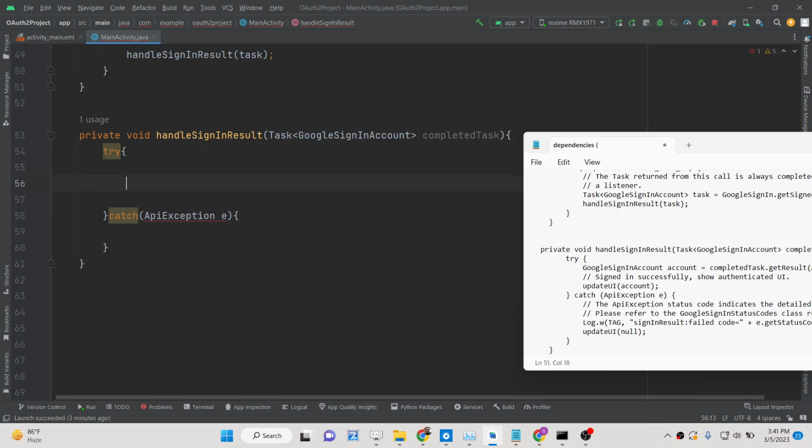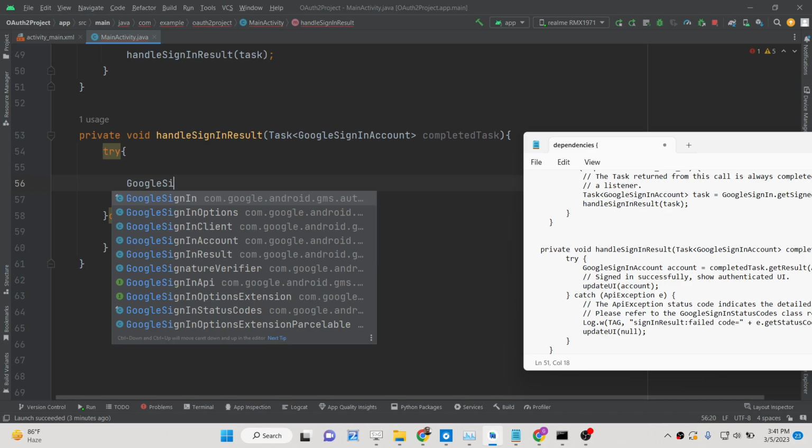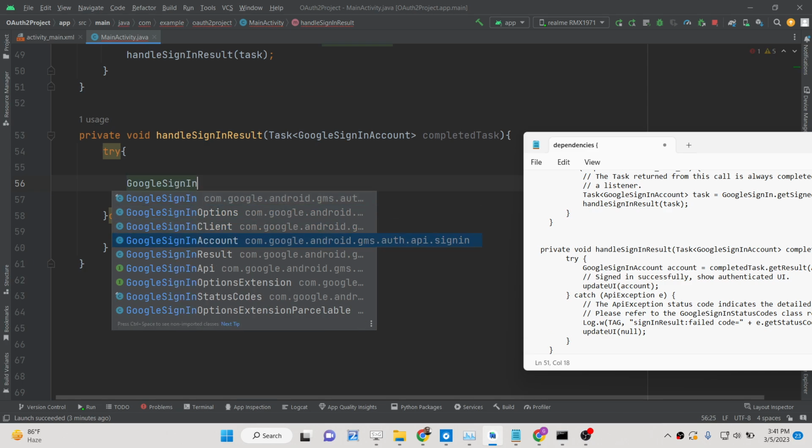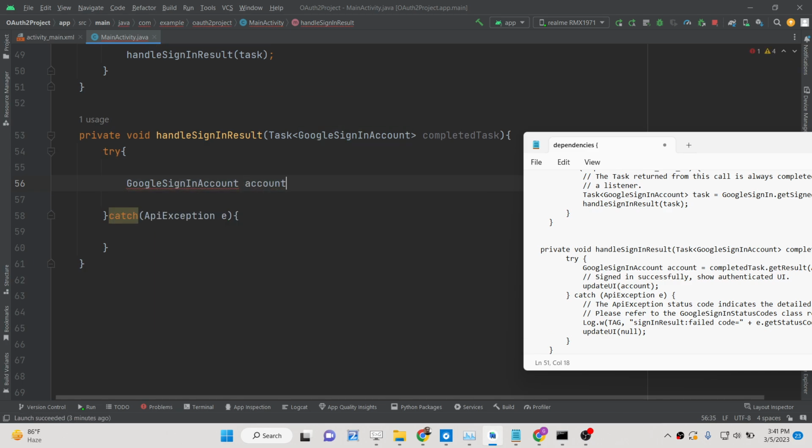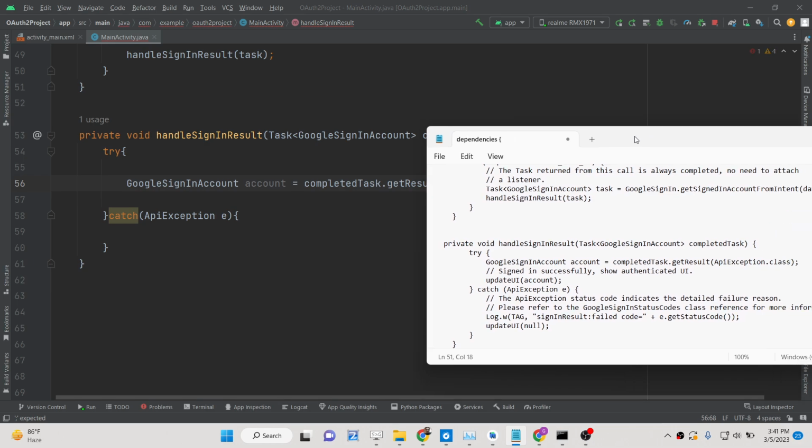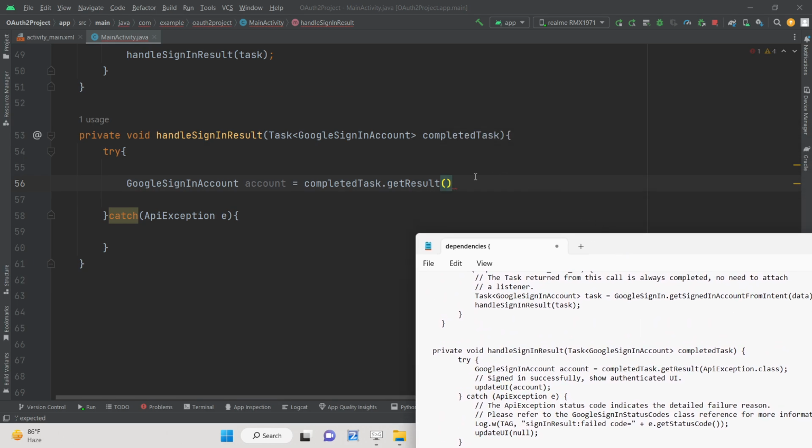So inside the try block, guys, we will say GoogleSignInAccount account, and here we will say completedTask.getResult. So we will get the result of the user, guys. So here we will say ApiException.class,